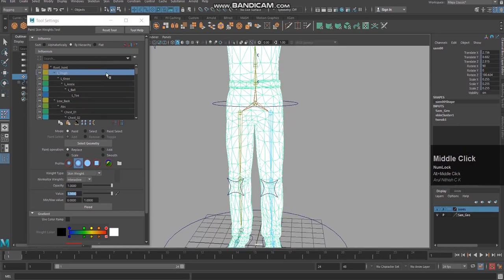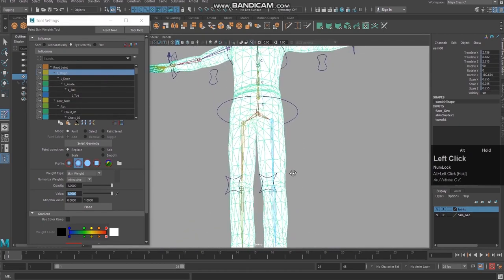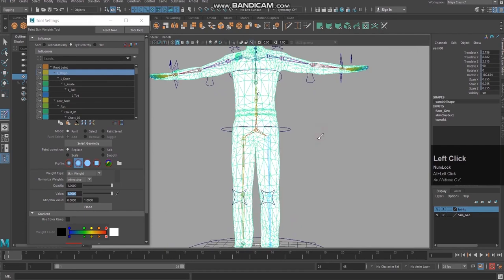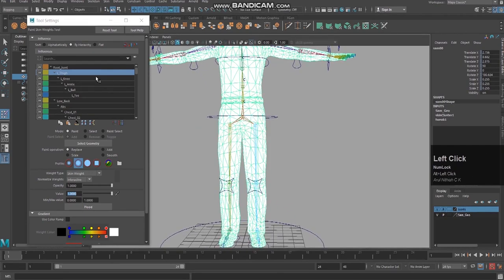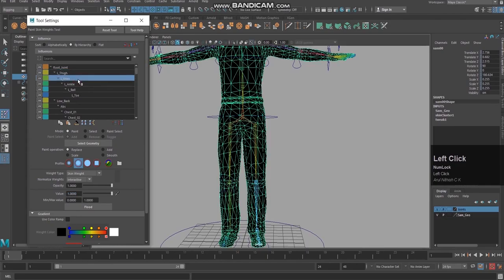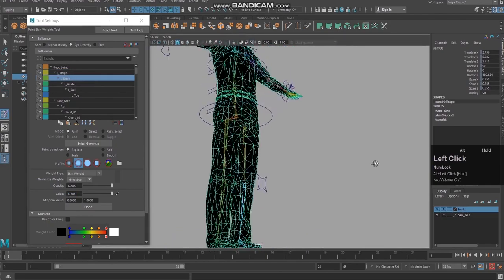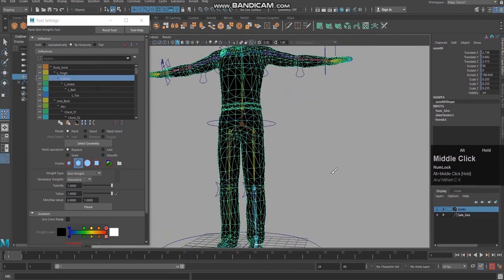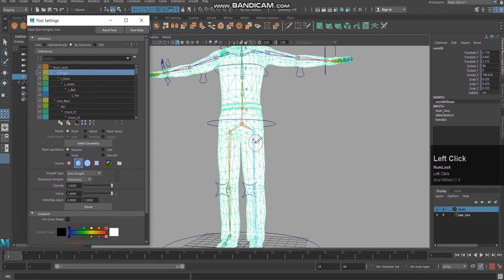The left thigh has flooded with its influence all over the body. I can show you the difference. Select the left knee. You can see the knee joint has influence only on that area, but the left thigh has influence, that white color, on the entire body.